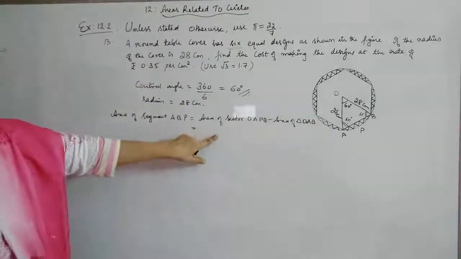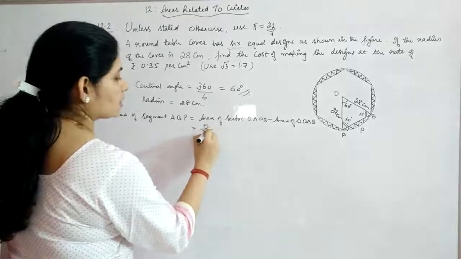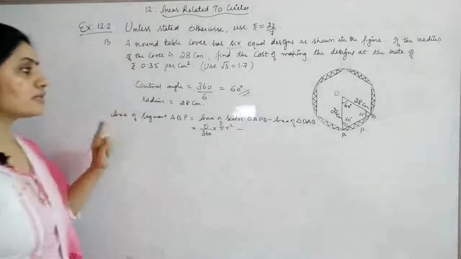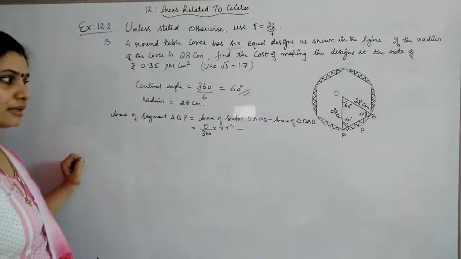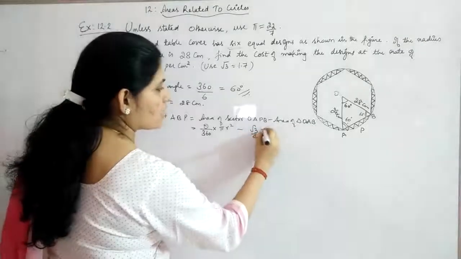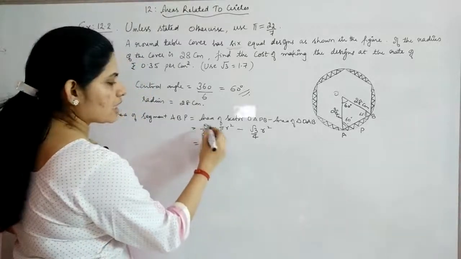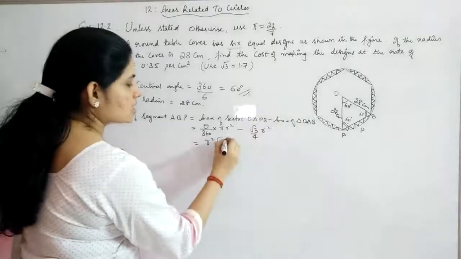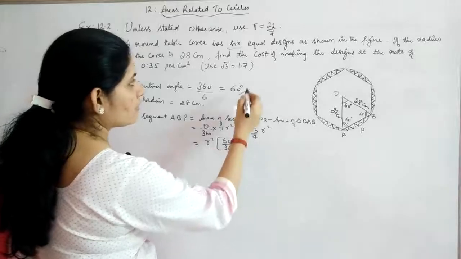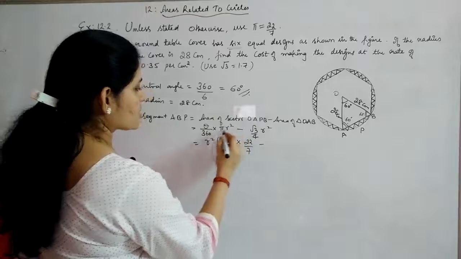Now what will be area of sector? Again you have theta as well as r with you, so you can use the formula theta by 360 into pi r square minus area of the triangle. Since the triangle is an equilateral triangle, you will get root 3 by 4 a square, and here a is your r, so r square, right? R square can be taken out. Remaining for theta, you can just replace it with 60 by 360 into pi value. You can use it as 22 by 7, and then r square has been taken out.